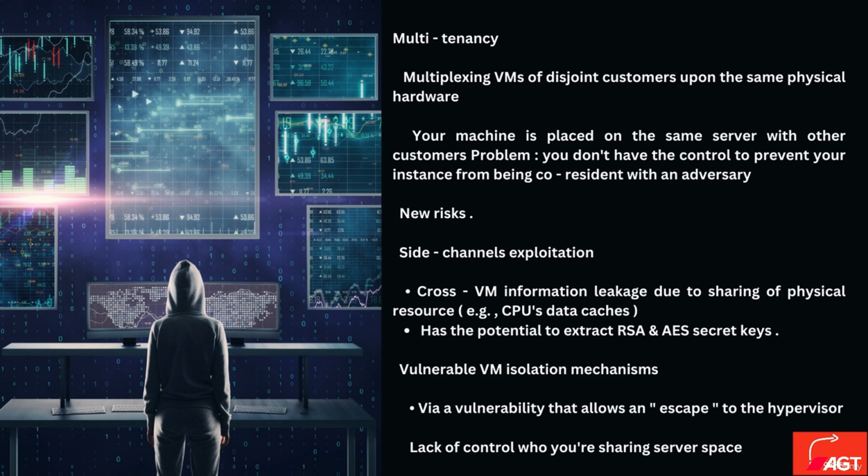Secret channels known as side channels allow data to flow between other VMs using the same physical hardware. An attacker might utilize the CPU's data caches to obtain the secret keys used by the other VM, for instance, if two virtual machines, VMs, are running on the same server and one of them is carrying out a cryptographic transaction. This is a significant risk, and cloud service providers must put in place suitable isolation methods to stop such